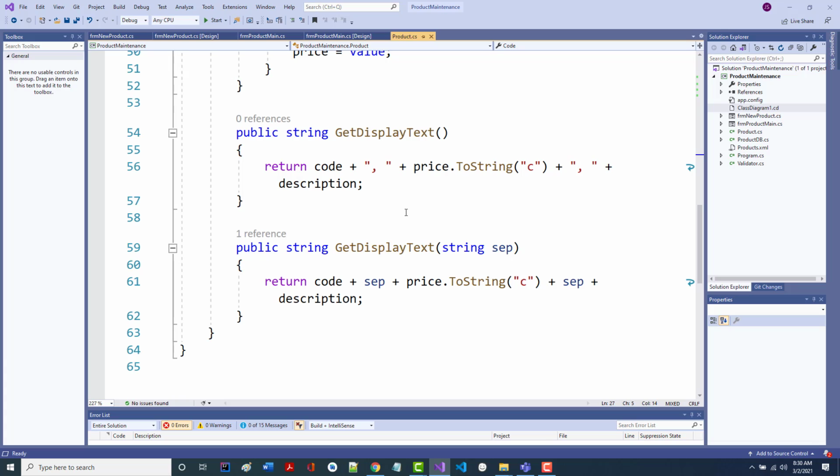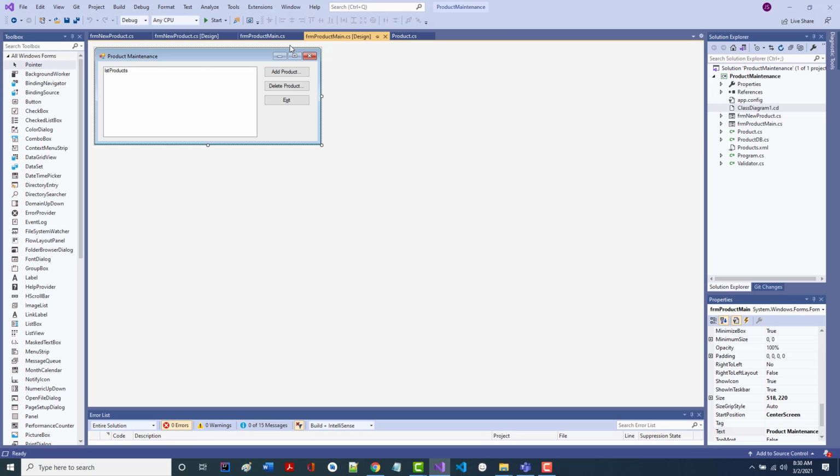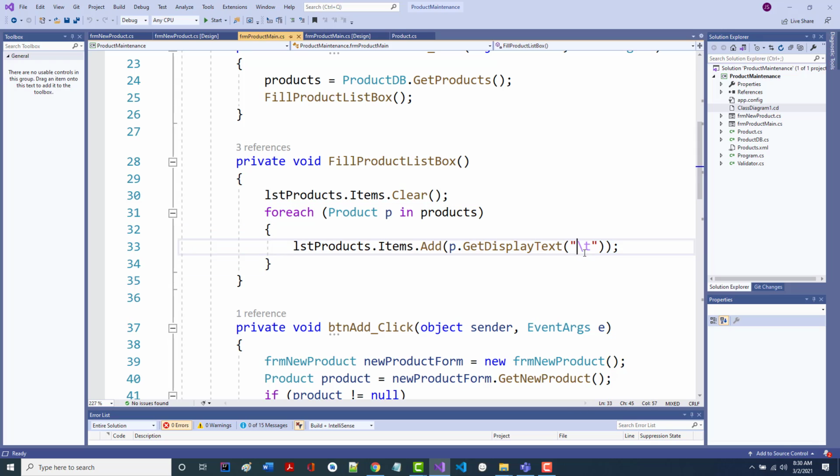That's this. And it's adding a separator. If we didn't add the separator, it would use a comma and a space between each field. But we're adding the separator, and the separator that we're adding in this case is a tab. We could make it anything we wanted to. We could put some spaces in there and use a pipe sign or whatever we wanted.